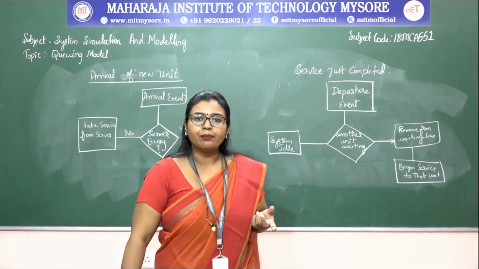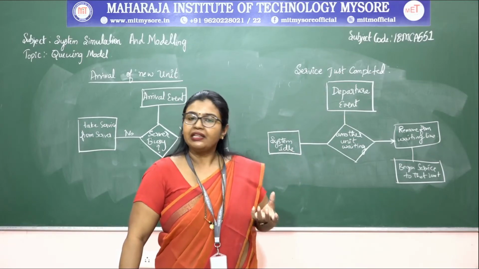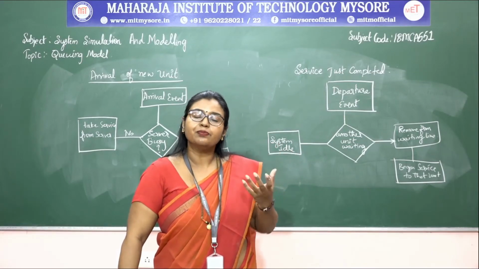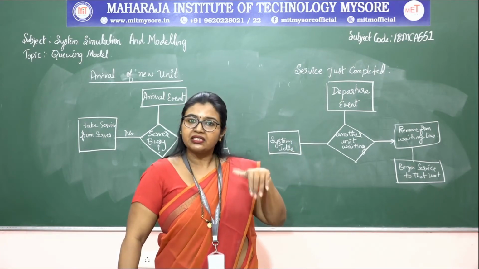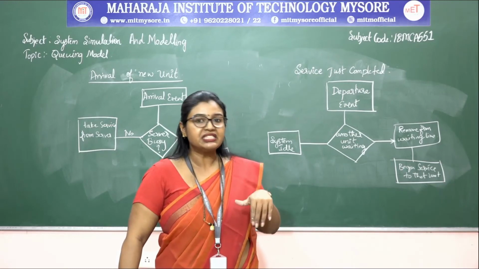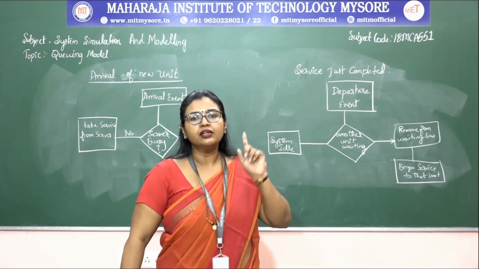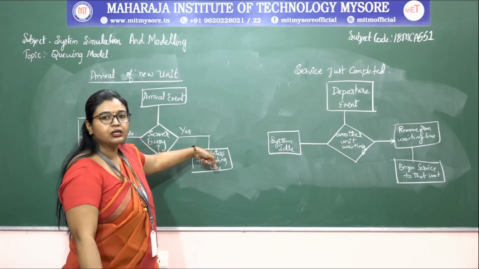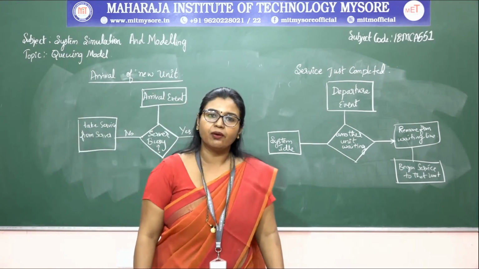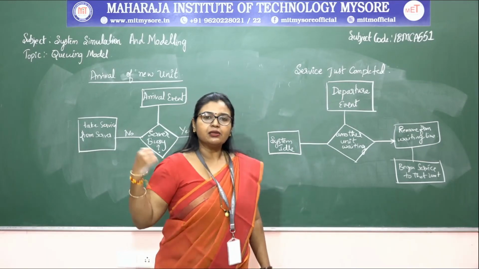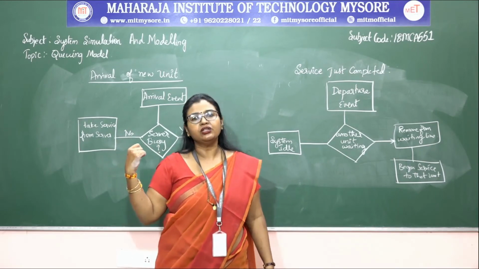In the arrival event, what happens? If a new customer is coming into the bank, and by that time the clerk is busy giving service to some people, the server is busy, so the status of that person is busy. If he is busy, the customer has to wait in the queue. That means he has to enter into the waiting line. If the server is idle, then he can take the service from the server. Whenever the arrival event occurs, this is the action we need to take care of.